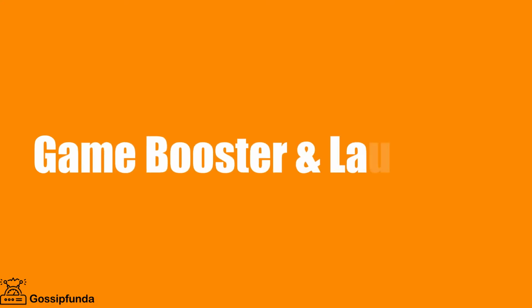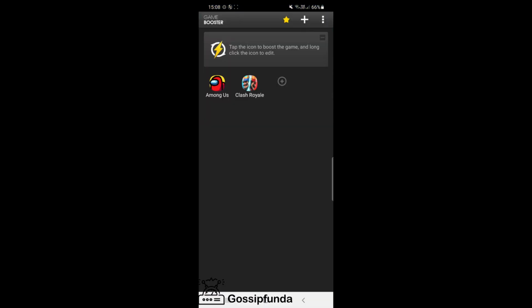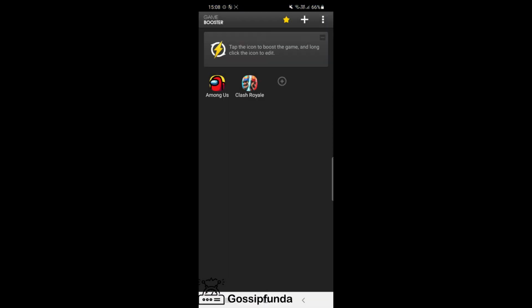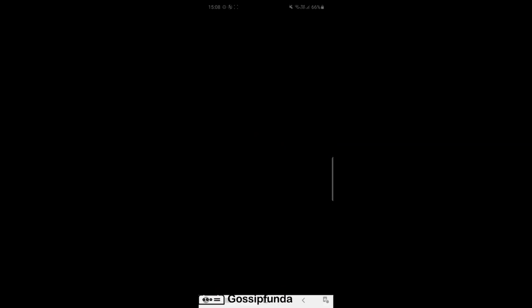The second game optimizer is Game Booster and Launcher. You can download this app from the Play Store. This app offers the user maximum potential and they can optimize every app on the phone. With the help of FPS, the user would be able to monitor the performance of the phone, and side by side advanced CPU management of the Linux system.